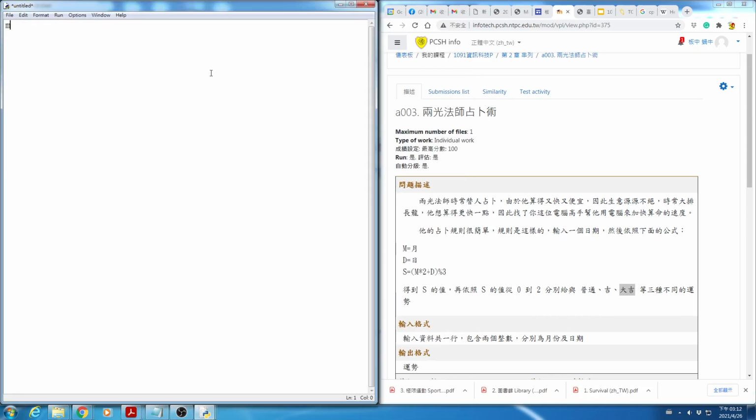Okay, again, this time, can we assign the values that are given into M and D like this here? Can we do this? Yes. And then we will get the value of S by applying M and D into this formula. Then how do we get the result of that? I would like to build a list first, and the three values of this list are ordinary,